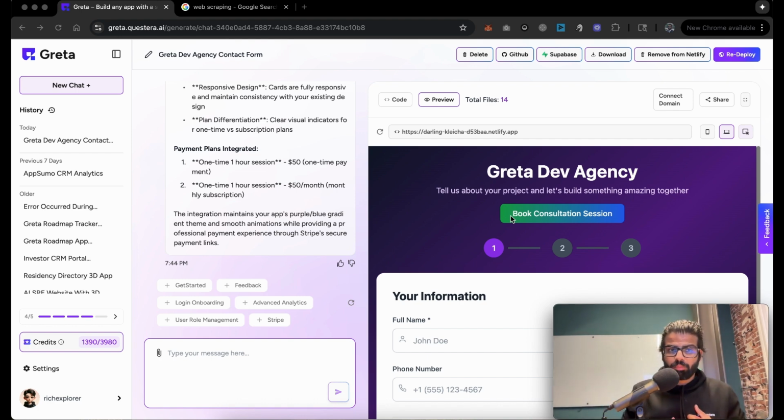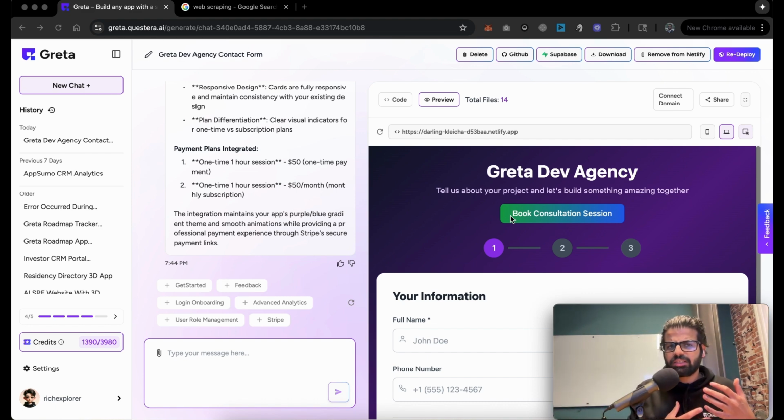But let's say you want to add new functionality to it. You want it to be able to scrape from the internet, or you want it to be able to understand a video and get its transcript, or maybe you want something which is outside this, or being able to read PDF or summarize it, or something which OpenAI can do. Greta can just create the code, right? It cannot do all these things for you, but if you find a third-party library which you can give details to Greta, then it will be able to do it.